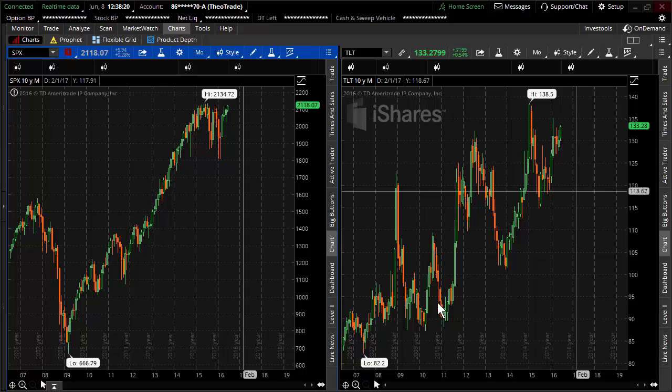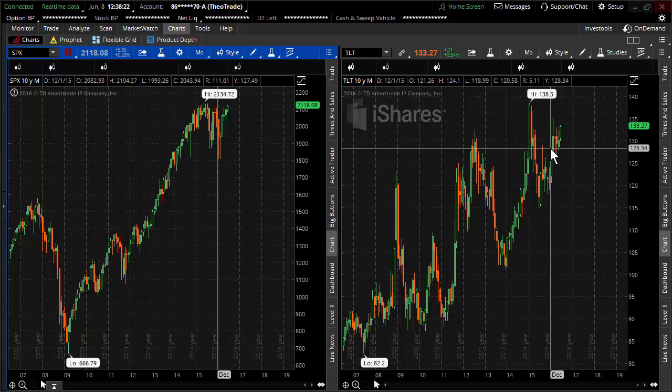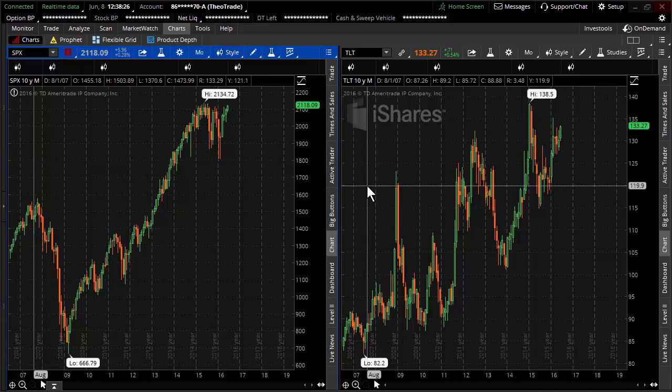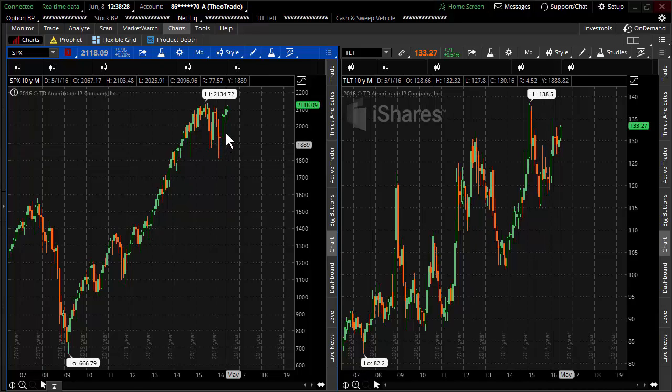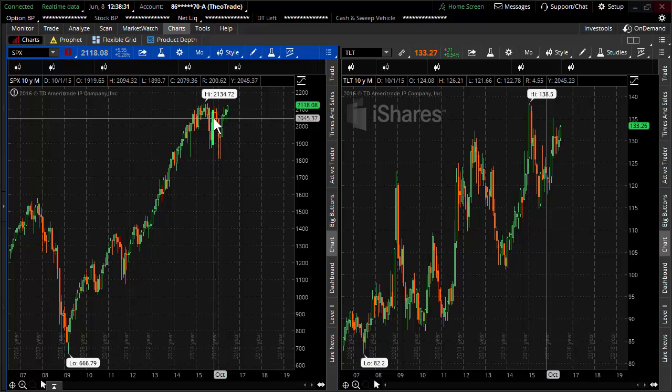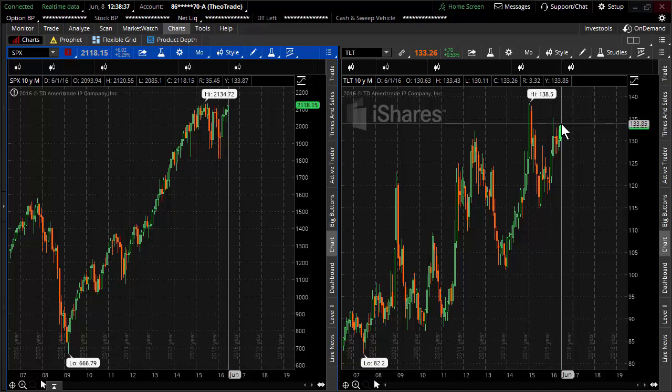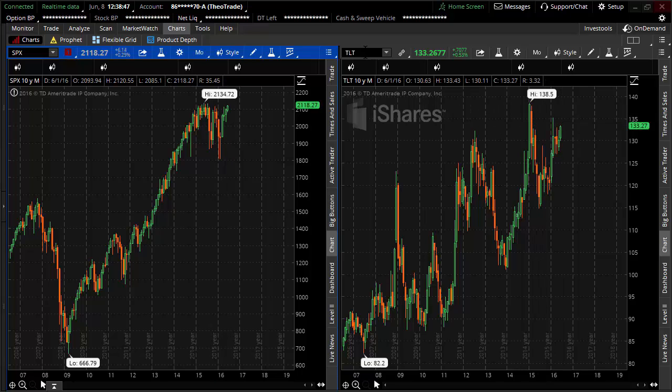The point of this is simply this: the bonds are rallying along with the S&P 500. What does that tell you? Well, the S&P 500 has rallied substantially, but the last 18 months has done absolutely nothing. The bonds, however, are right at or very close to all-time highs, which is inversely taking interest rates